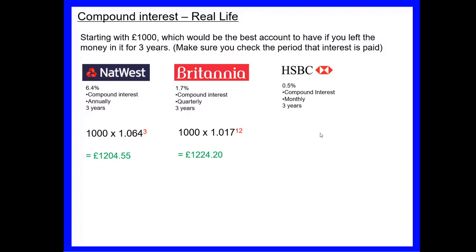1.005, and our power this time. So we're getting interest 12 times every year for 3 years. 12 times 3 is 36, so 1,000 times 1.005 to the power of 36 gives us £1,196.68. So we need to decide which account we want to put the money in, ideally the one that gives